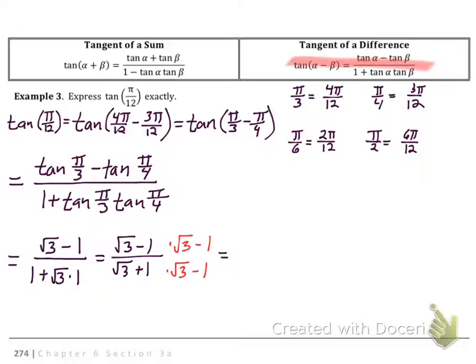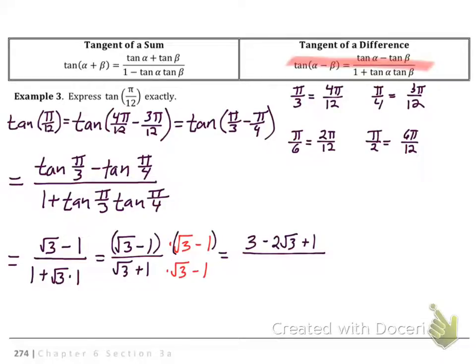Well, our top is square root of 3 times square root of 3, which gives me 3. Maybe I'll put some parentheses around both of these, just so we can see what happens. I got square root of 3 times negative 1, but I also have square root of 3 times negative 1, so that's minus 2 square root of 3s. And I have negative 1 times negative 1 gives me a positive 1. And it's going to be all over